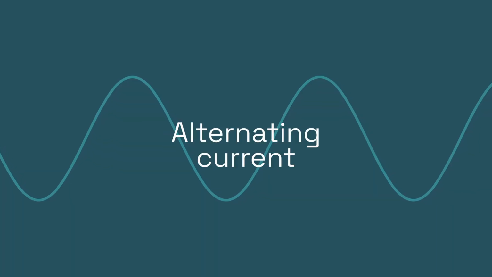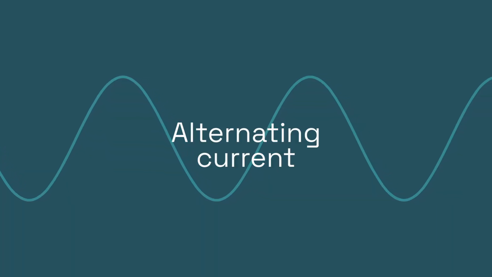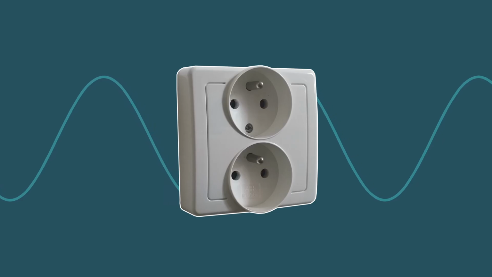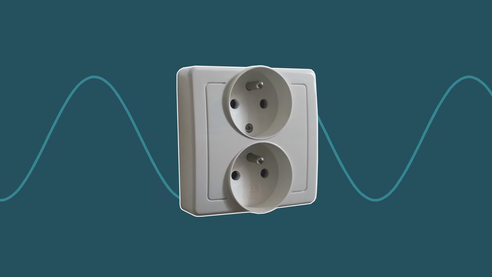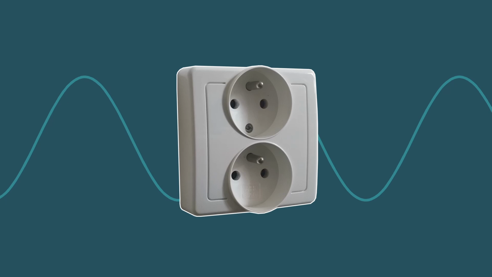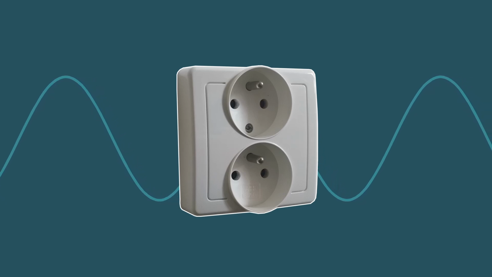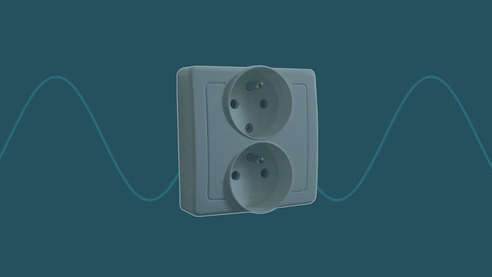But alternating current is not a problem. On the contrary, it brings key advantages. That is why this type of current is also found in wall sockets. And that is exactly what this talk will be about: how to generate electricity and why producing alternating current is advantageous. To answer that, we only need one key principle, and that is,